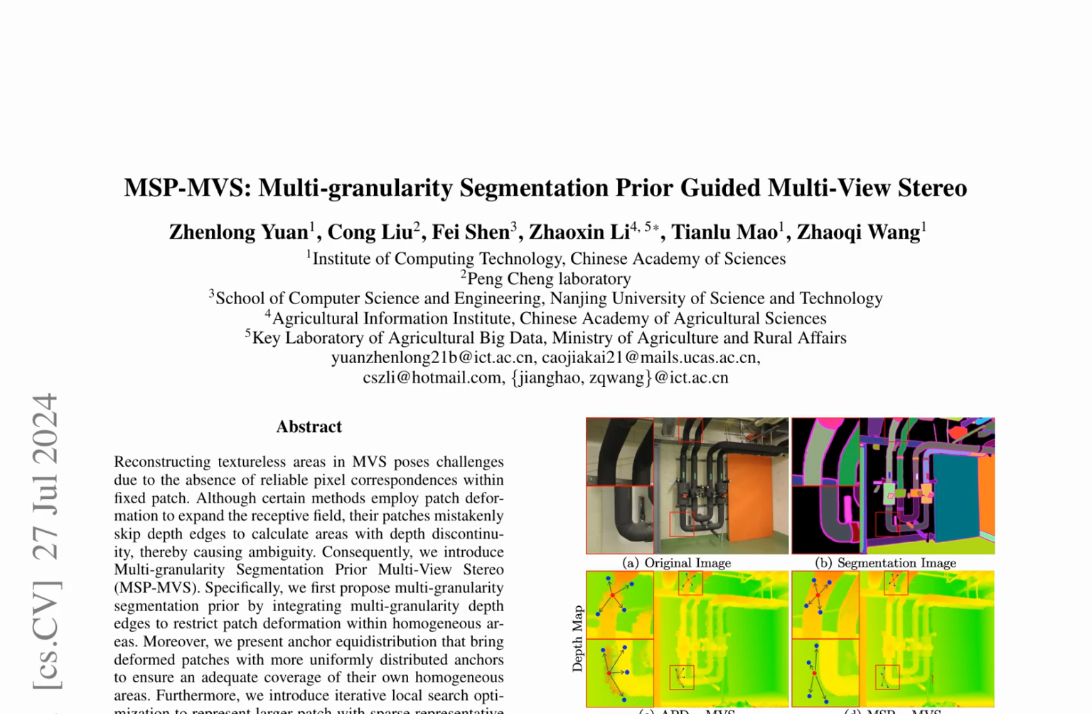MSP-MVS is a novel multi-view stereo method that targets the reconstruction of textureless areas, which traditional MVS methods struggle to accurately reconstruct due to the lack of reliable pixel correspondences. The proposed method employs multi-granularity segmentation prior guided patch deformation, leveraging the recently proposed semantic SAM segmentation to extract multi-granularity depth edges. These edges are integrated as a prior to restrict patch deformation within homogeneous areas, reducing the potential for